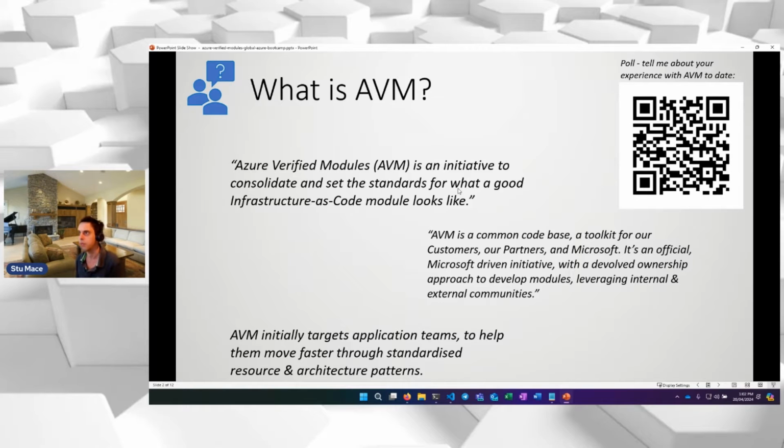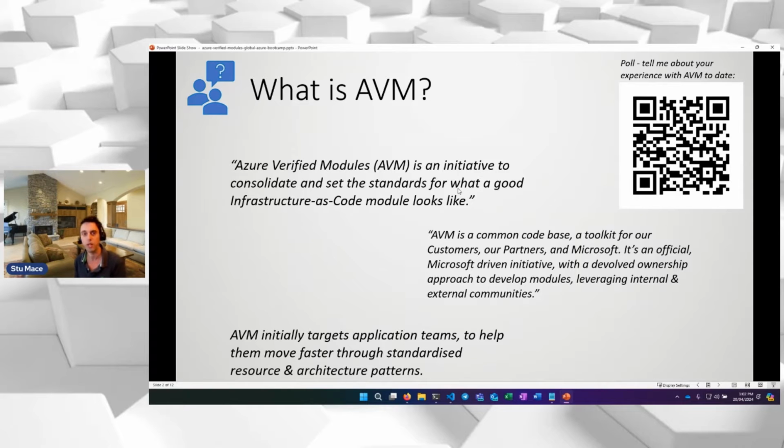So it's an initiative led by Microsoft, and its goal is to set the standards for what good quality infrastructure as code modules look like. It's run by Microsoft for the whole community, for customers, for partners, and also for internal Microsoft initiatives.